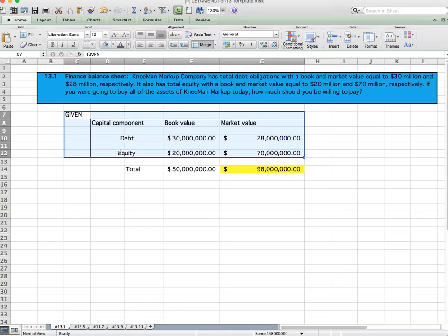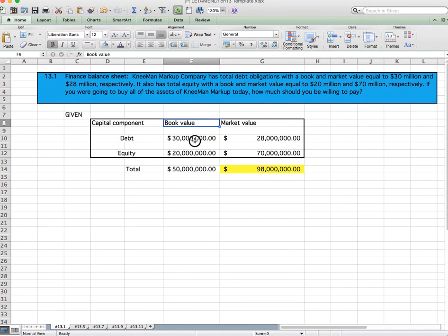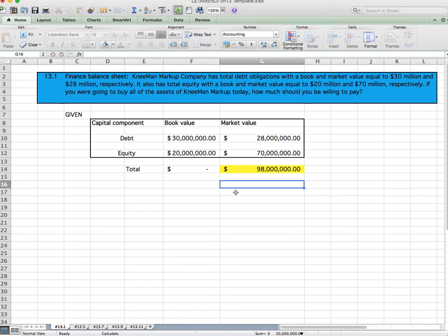We know that the capital component, we have debt and equity. The book value, we have given from the problem, 30 million. Book value, equity is 20 million. We have a 28 million market value here. And 70 million, all of that is given from the problem. So all we do, first you want to add up your two book values, the 30 million and the 20 million, and you get 50 million,